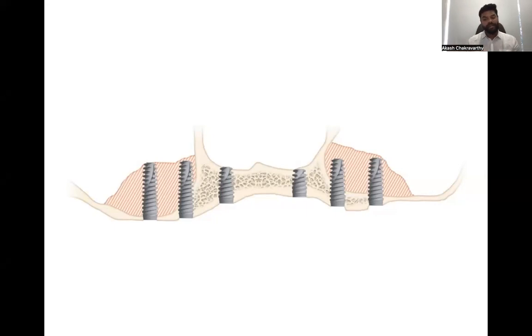Now, obviously, it doesn't sound too practical these days. The patience levels of the patients are very, very low these days. Even if we want to do it, I personally had given this treatment option to many patients, but they have not taken up to it. They would rather go for a removable complete denture rather than go through all of these procedures.